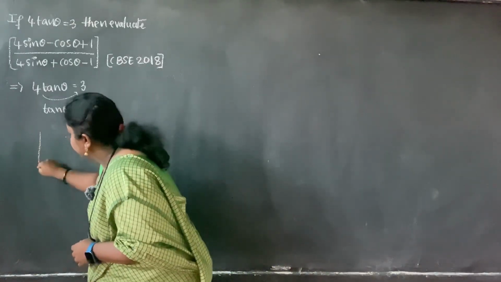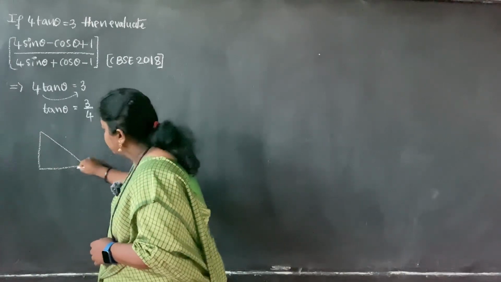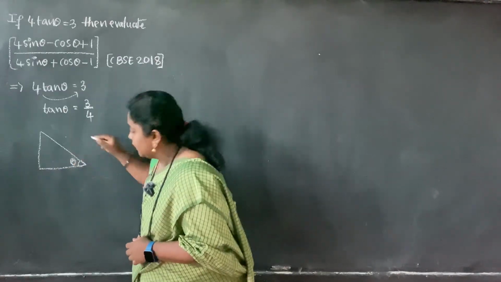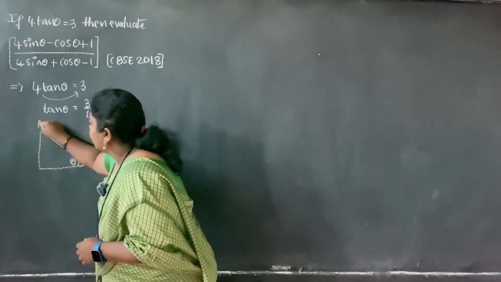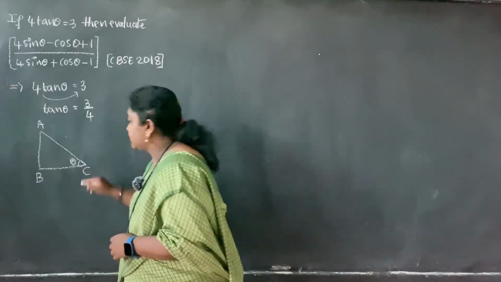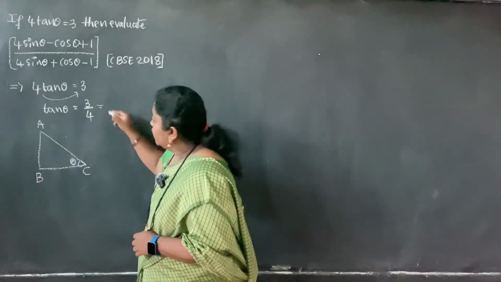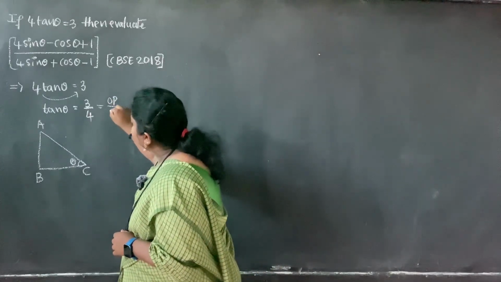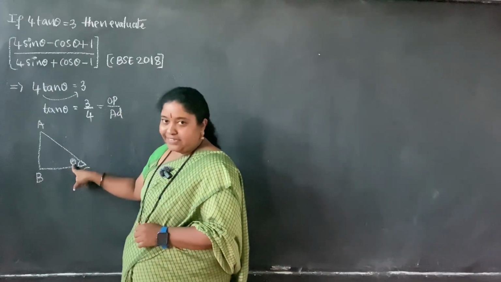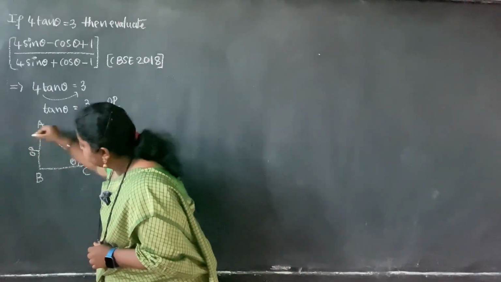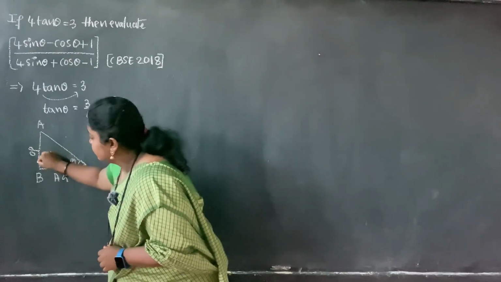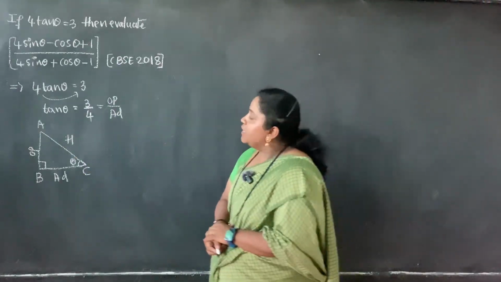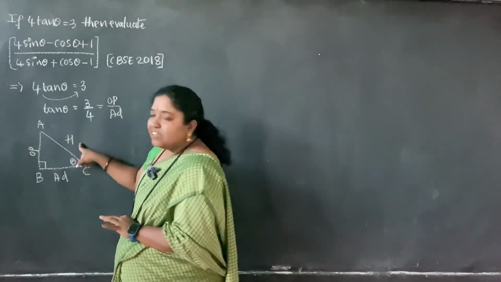Now, we'll represent this with the help of a right angle triangle. Now see, they are talking with respect to theta. So I'll name this angle as theta for my convenience, and I'll name the triangle A, B and C. Tan theta is nothing but opposite divided by adjacent. If it is theta, this will become the opposite side and this will become the adjacent side. If it is 90 degrees, then surely it is the hypotenuse. Now I need to find the hypotenuse value first.